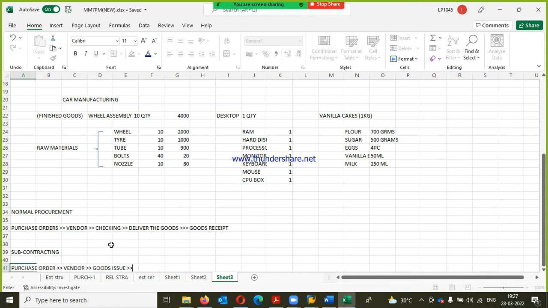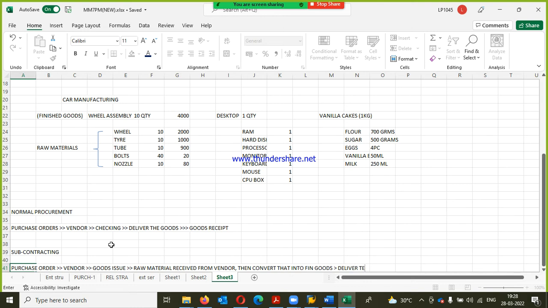Then the raw material is received by the subcontractor or vendor, assume subcontractor and vendor are the same, and he converts that into finished goods and delivers